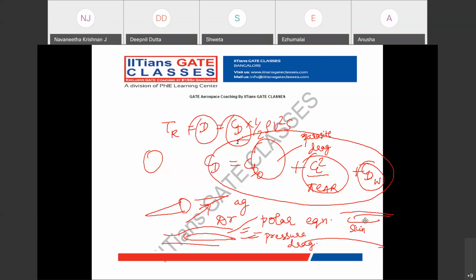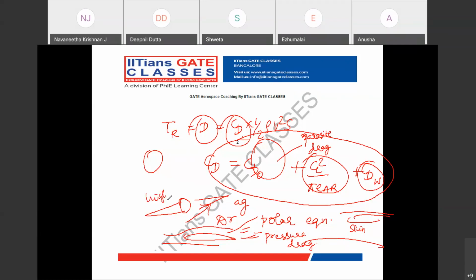But while we are doing so, there will be more skin friction drag because of the additional energy rubbing on the surface. Now, the second drag coefficient is the induced drag coefficient, which happens due to lift, that is, the pressure distribution on top and bottom.